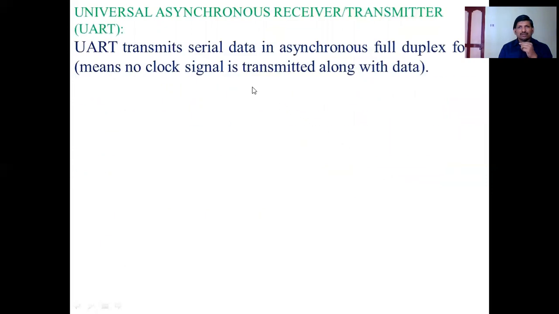So see here, UART transmits serial data in asynchronous full duplex form, meaning no clock signal is transmitted along with data.